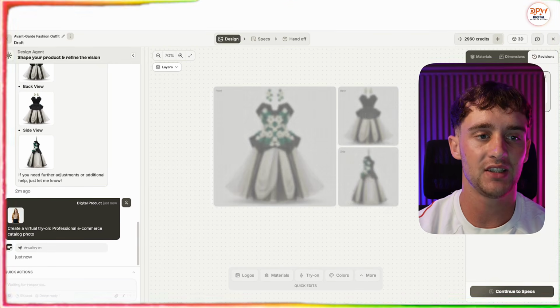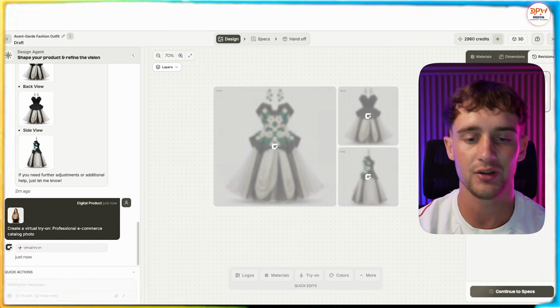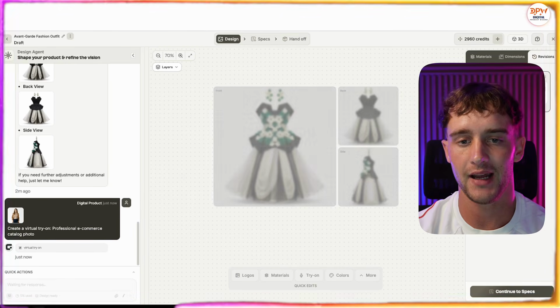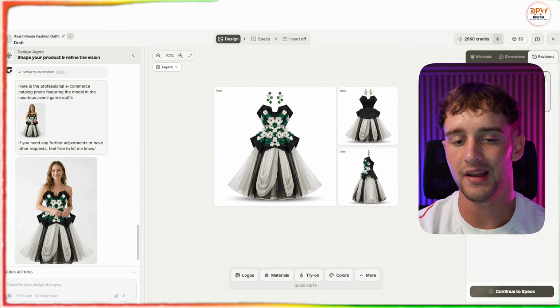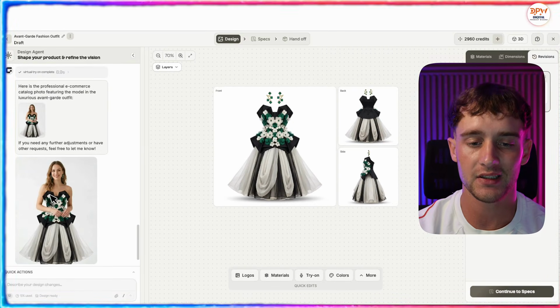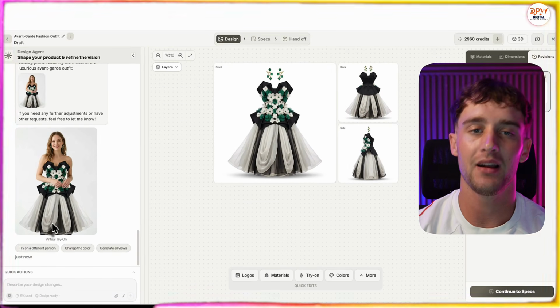So if it's actually a design that you like, you can go ahead and edit, you can even go to quick actions and type in a few changes that you want to make. Or you can go down to the bottom where you can see a few more quick edits. You can see the logos, materials, try on, colors,